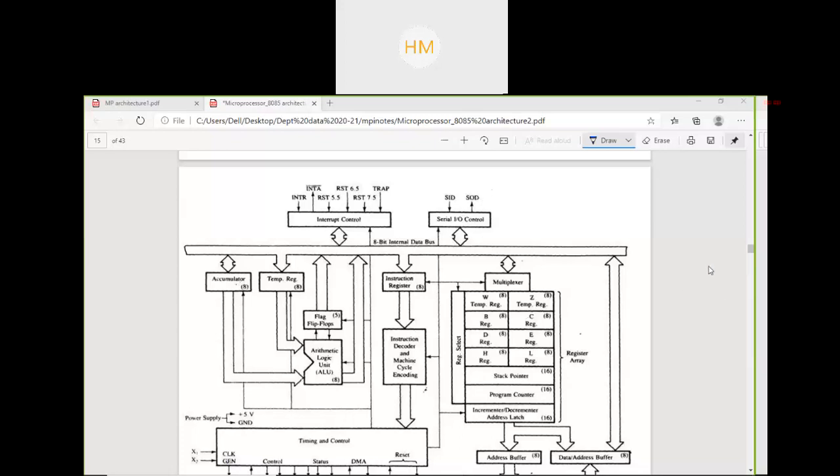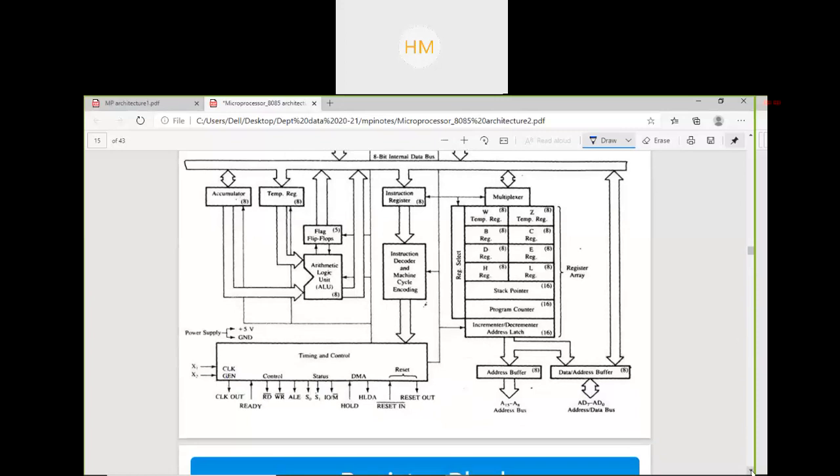So, any doubt in this architecture? If you want to ask anything, I will wait for some time. If you're having any query, you can ask. So, what does the architecture include? Major components of architecture are: we will start from the bottom first. It is the timing and control unit. Clear? Then going upwards, it is the arithmetic logic unit, ALU.